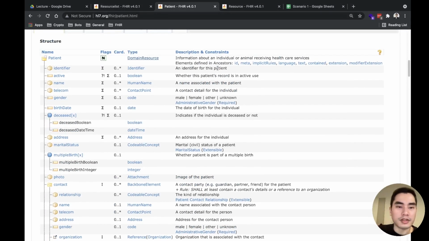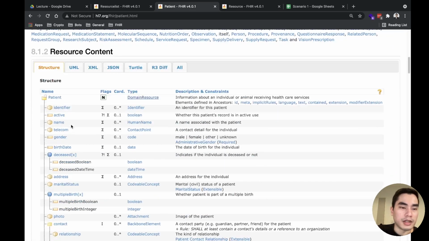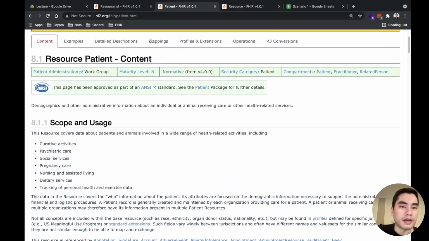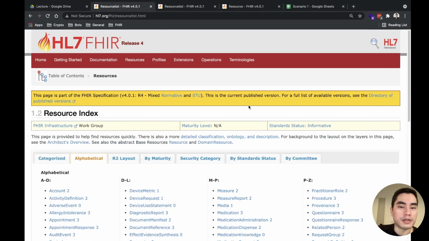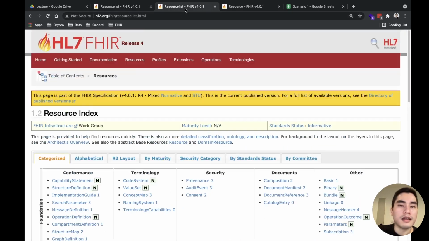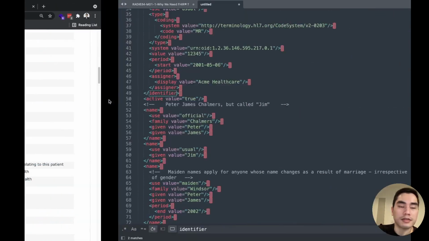The general rule is that the element name is always camel case, starting with a small letter and a capital letter in the middle, and the resource name is Pascal case, starting with a capital one. We can see here a resource list like this. MedicationAdministration, resource name always Pascal case, and element name always camel case.